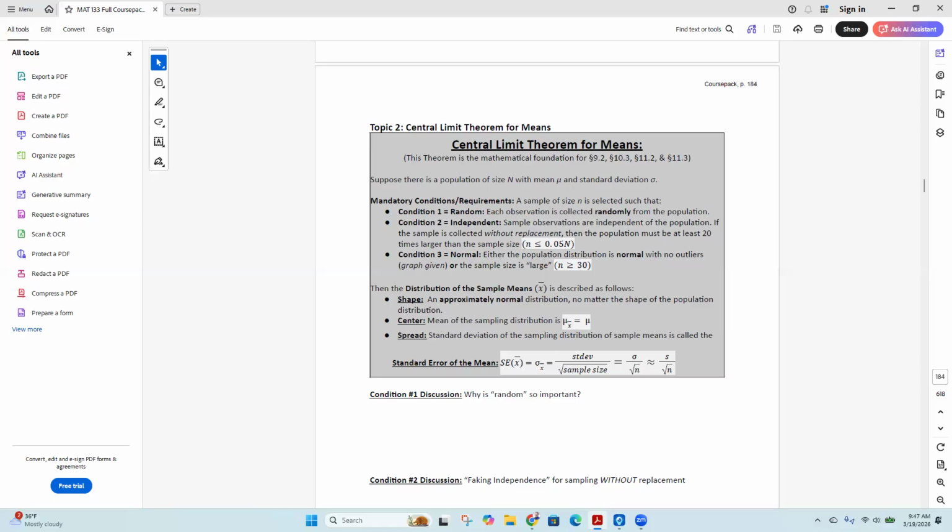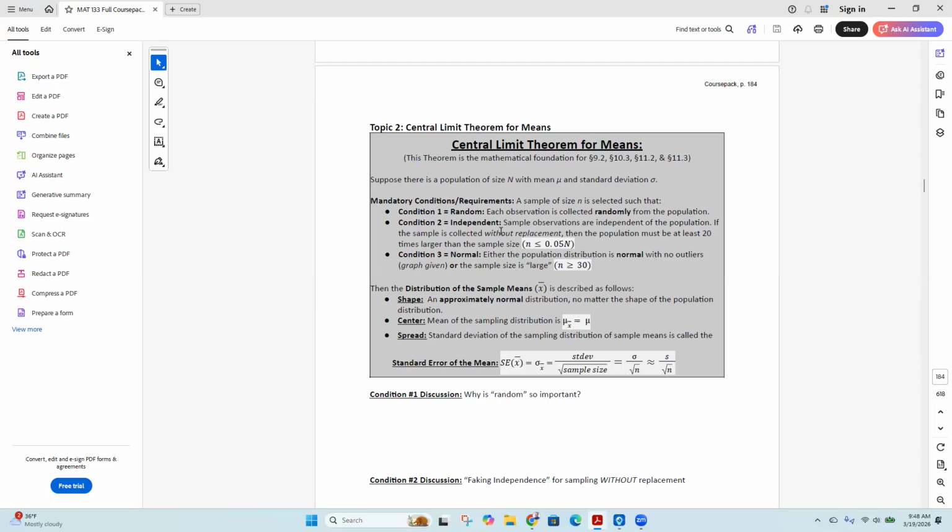So most of the time you can't do a random sample. Most of the time you have to do some kind of other sample, where you could do a stratified sample, or we've talked about a couple of different sampling methods in the chapter 1 vocabulary stuff. But all of those are approximating randomness, but they're not actually random. There is small bias here and there. So anyway, that all said, for our class, we just have to make sure the word random is in the word problem and we're good to go.